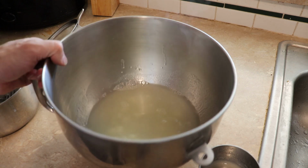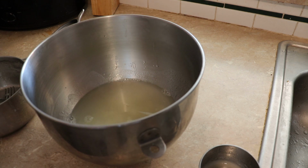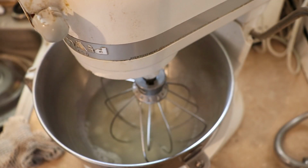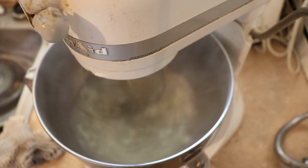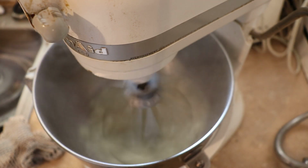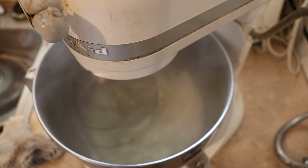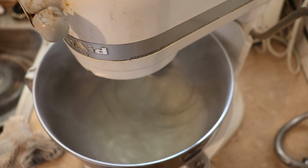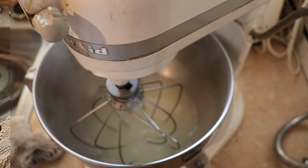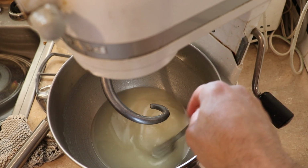Alright, so we've got the potato water mixture, and now we're going to whip it just like we're making mashed potatoes. So I have a KitchenAid, and that's what we're going to be using right now, and I'm going to turn it on. So you can see that we have a good mixture,